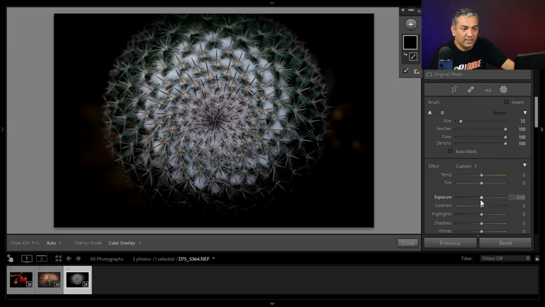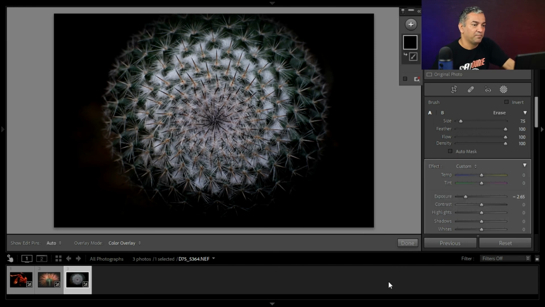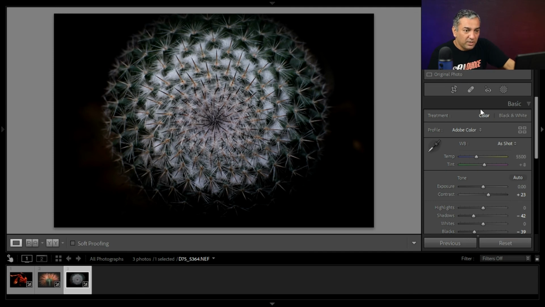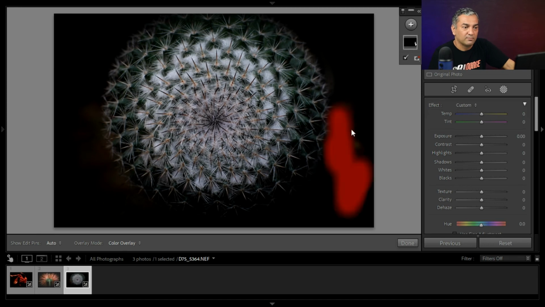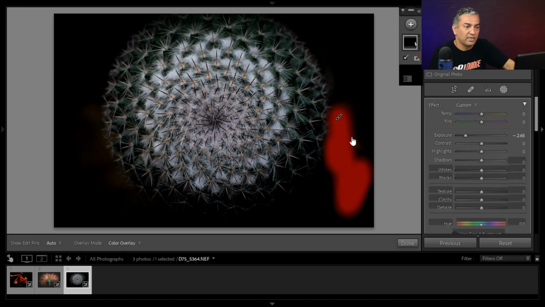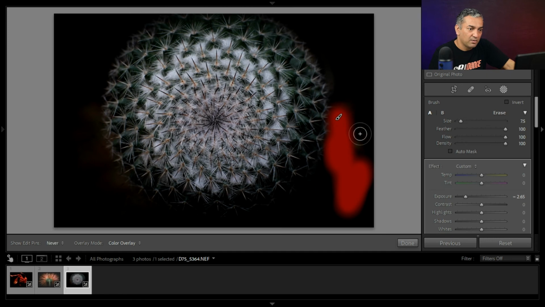So we are going to apply the same method. We'll use it. Hide the surrounding. So now we are ready with the image. Oh, there is something left. So I'm going to select the same mask.